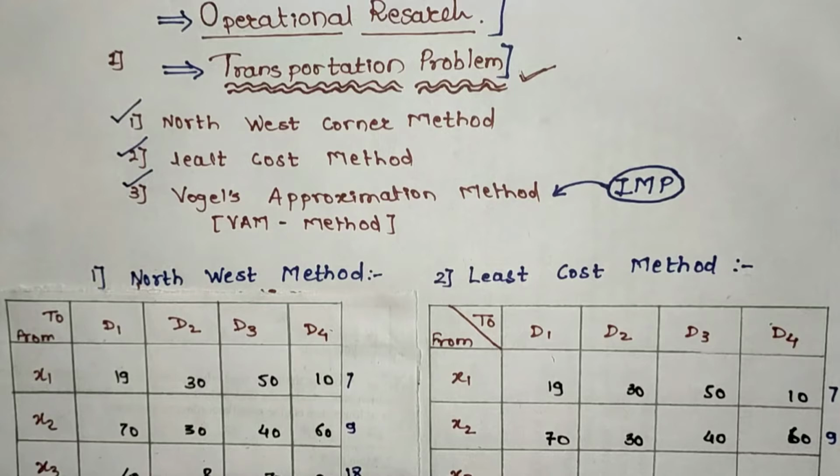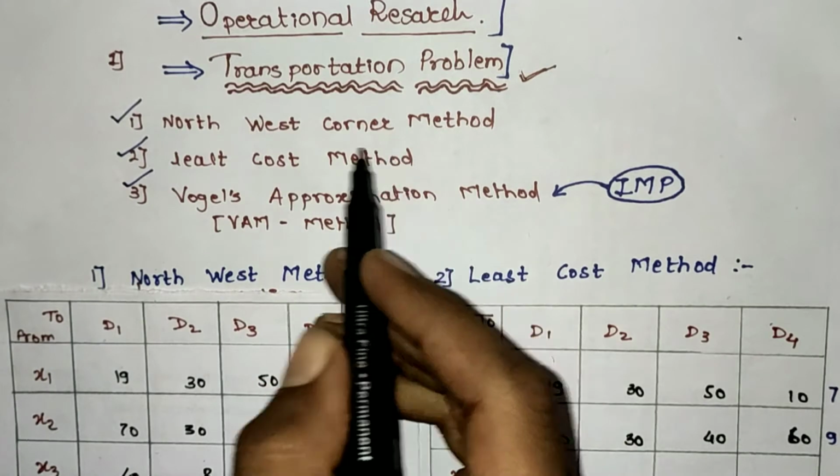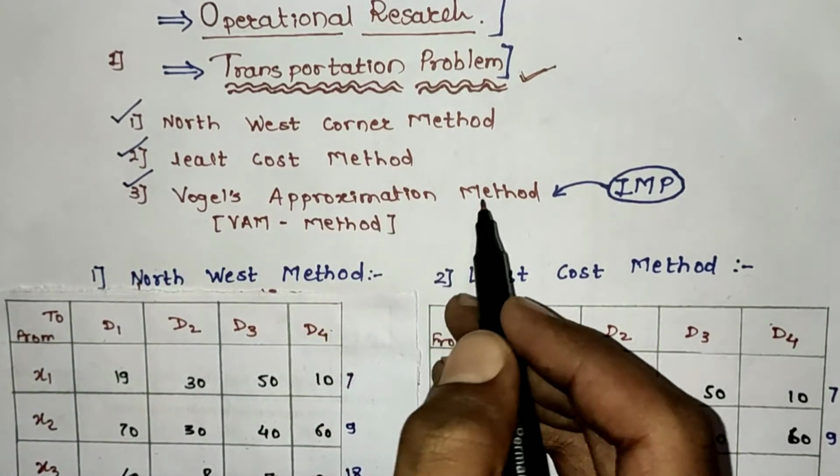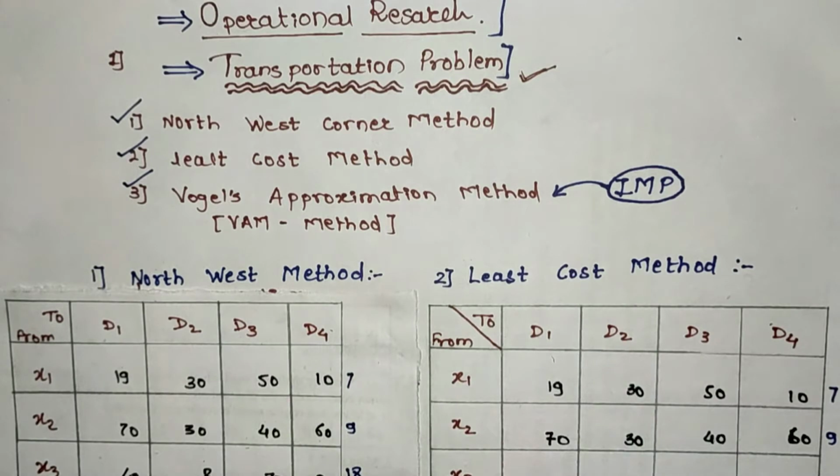So this is the third video of operational research, and in this video we are going to see the transportation problems. Our main aim in this video is to decrease the transportation cost for a particular company. We are going to do this with the help of three methods. The first method is the northwest corner method. The second method is the least cost method. The third method is Vogel's approximation method, and the fourth method that we are going to see is in our